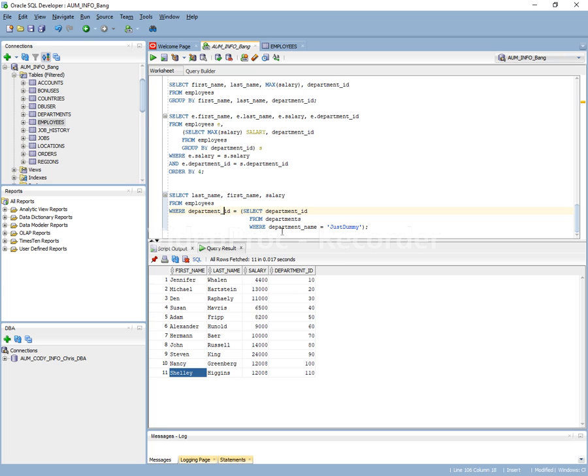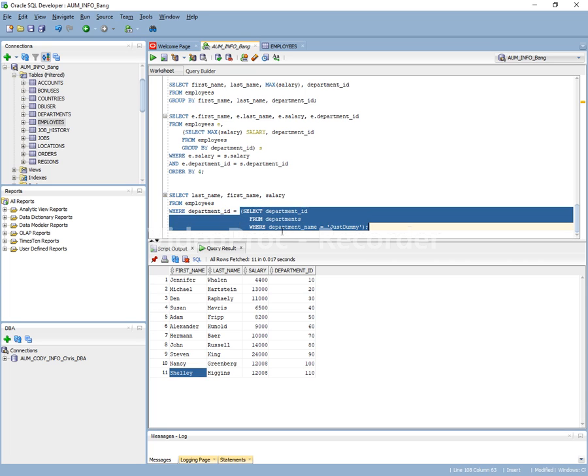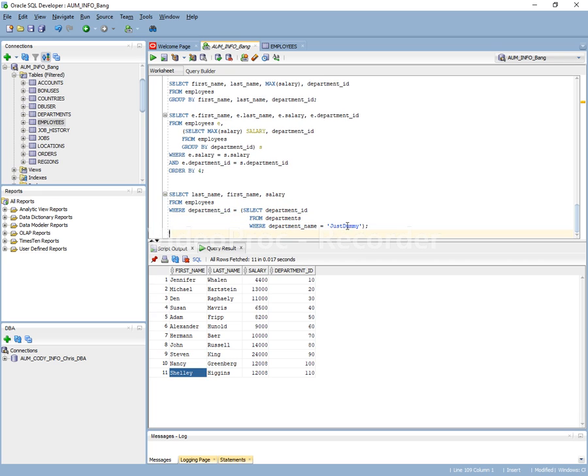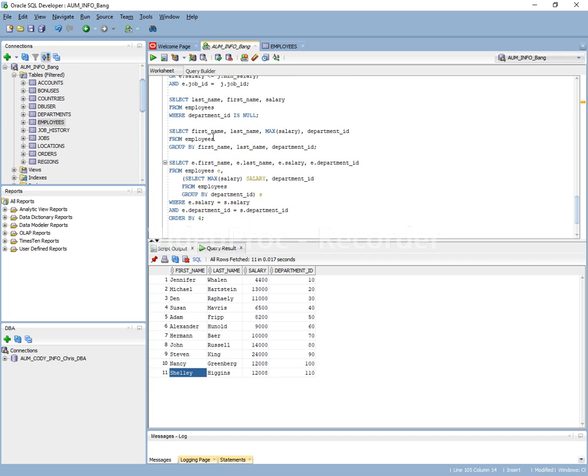So in this case, this subquery is nested in the WHERE clause, right? The department's name is dummy. That means no department ID will be collected, and no employees will be shown because there is no employee ID. Actually, there is. The reason we use a dummy is to have a null value, right? If any employee doesn't belong to any department, they will be shown in the result. So this is why